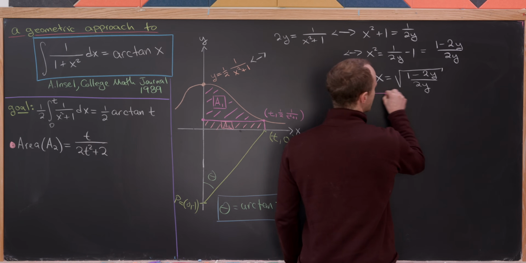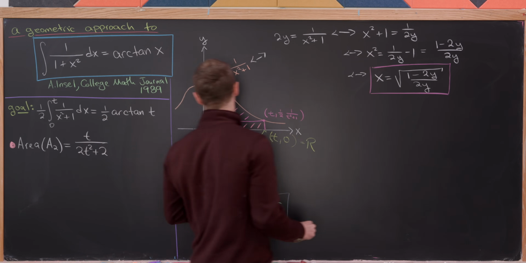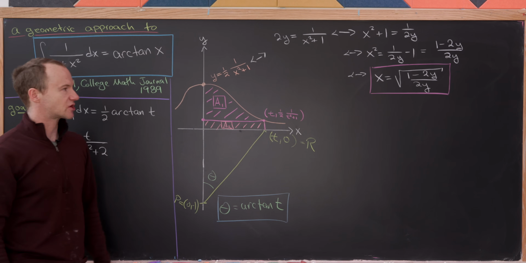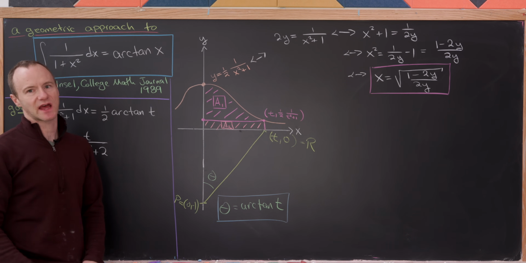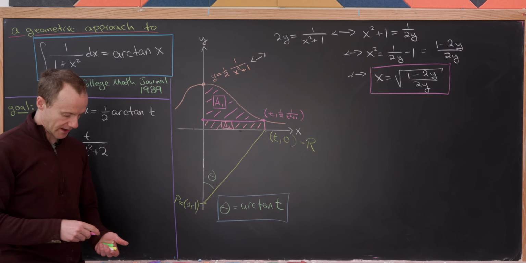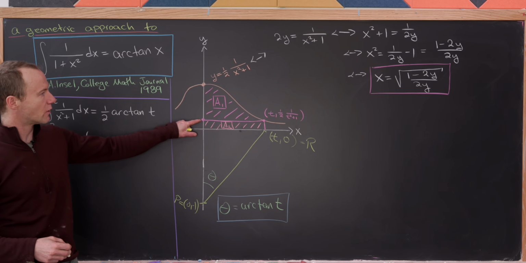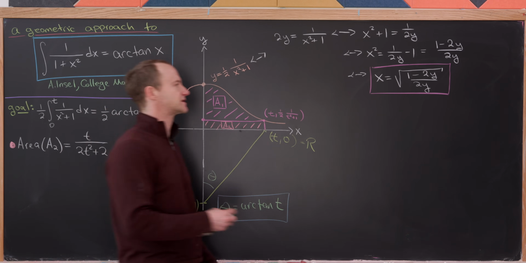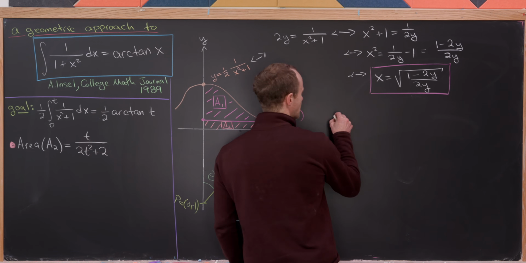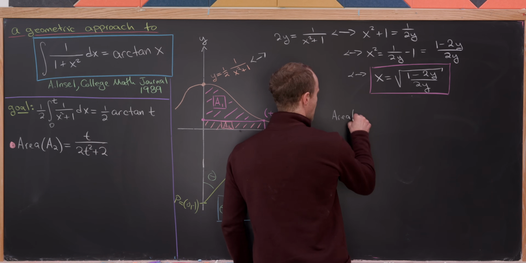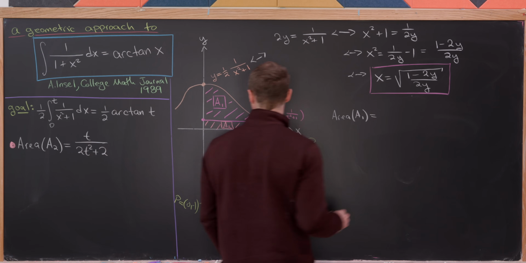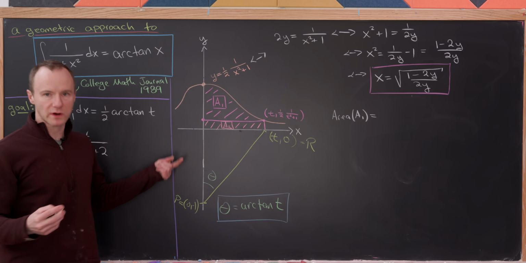Okay, so there we have it. Now we have this curve as a curve of x as a function of y. And now we'd like to integrate that from this lower point to this upper point. So let's do that. Okay, so we've got our area of A1 is equal to, we're going to integrate that